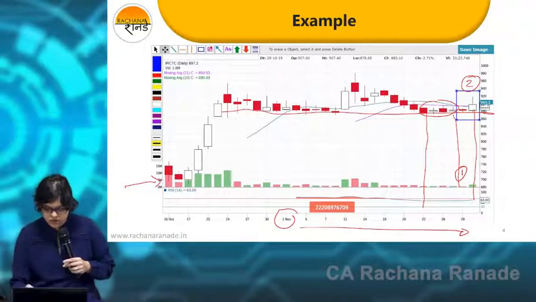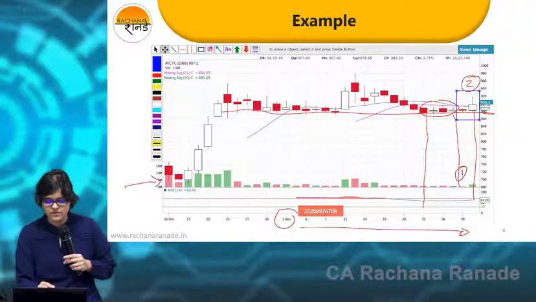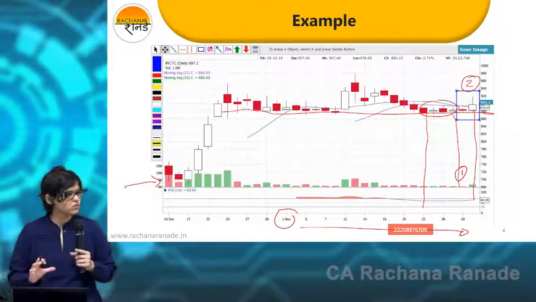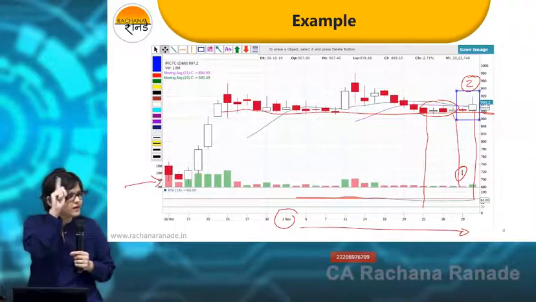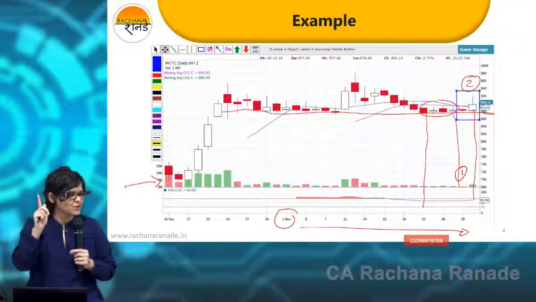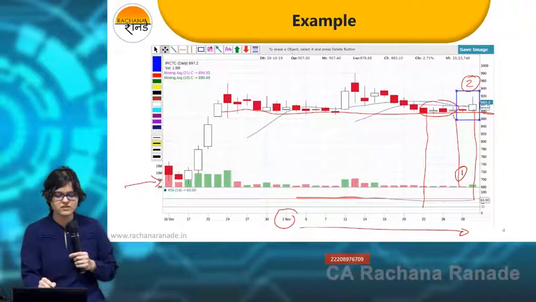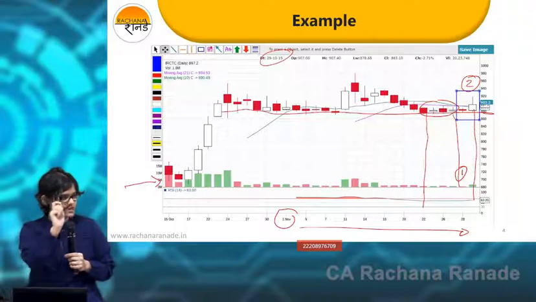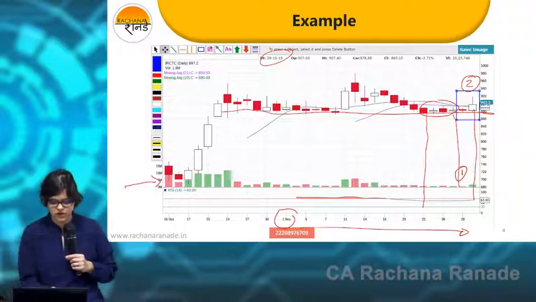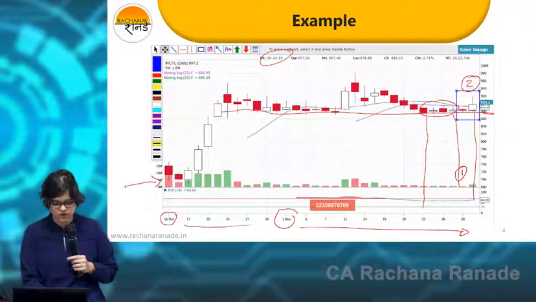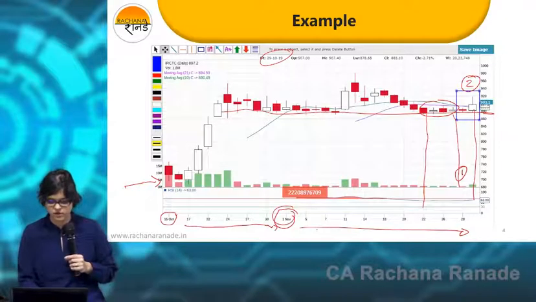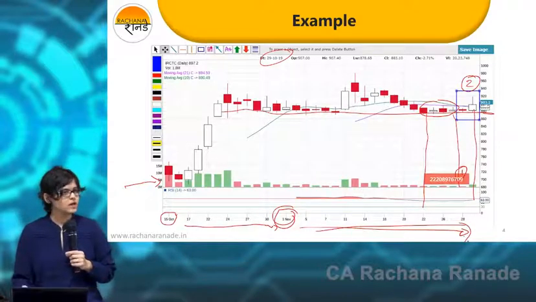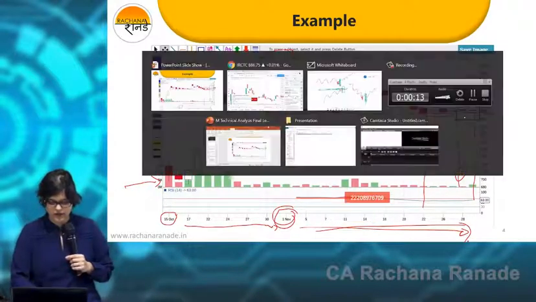Which one? No. I'll tell you again, the problem is that when I took this screenshot, wherever my cursor might have been, it might have taken that date. That date comes here. My cursor might have been at that place where I took the screenshot. But here you can clearly see 15th October till 30th October. Here we have 1st November, and after that. Okay. Yes. So where are we? At the end of November.